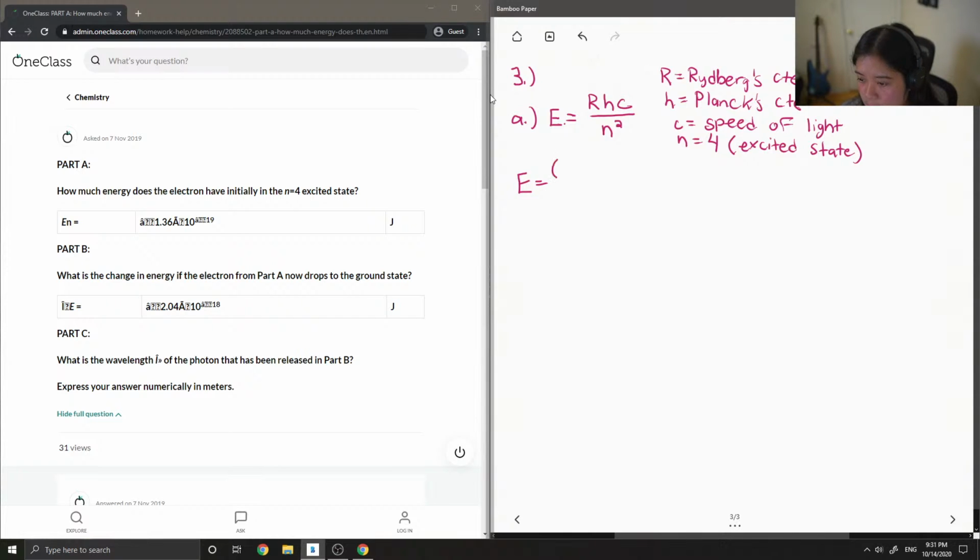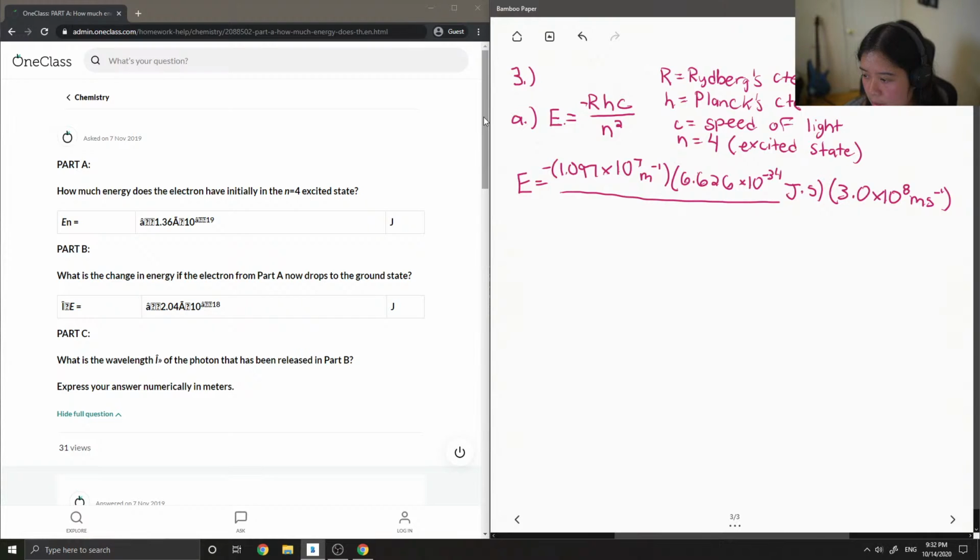So R is equal to 1.07 times 10⁷ inverse meters. This is multiplied by Planck's constant, 6.626 times 10⁻³⁴ joules times seconds. Speed of light, easy to remember, is 3 times 10⁸ meters per second. All of that over